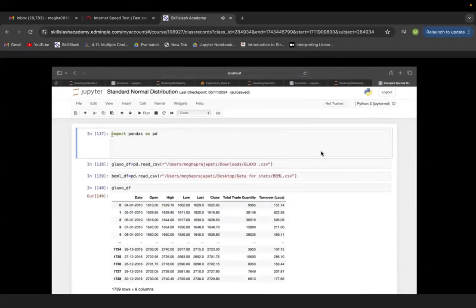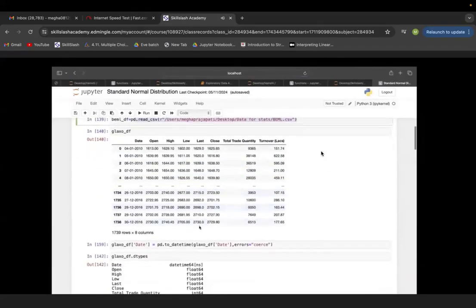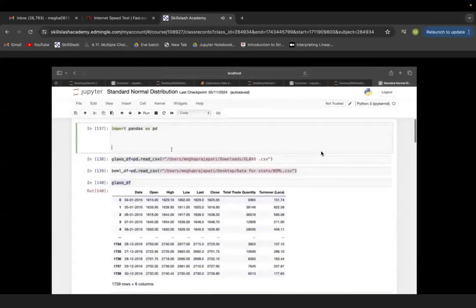So yeah, you can see import pandas as pd for reading the data set. We have read 2 data sets, Glexo and BEML. I hope we are all together till here. Now we have seen what the Glexo data set is. Let's focus on one thing, the date time format. As you can see, it is in the DDMMYY format. Okay. This is for Glexo. If we similarly look into the BEML data set,